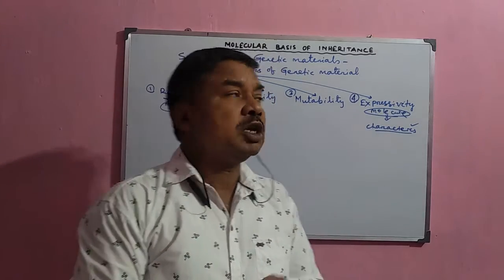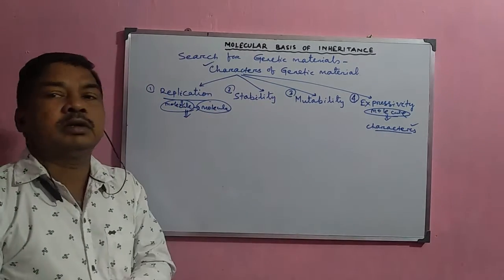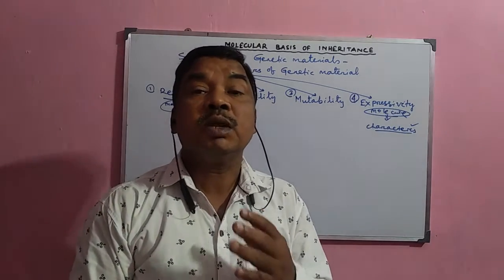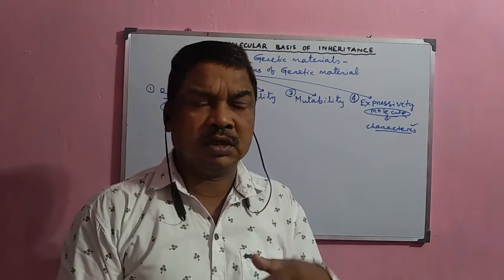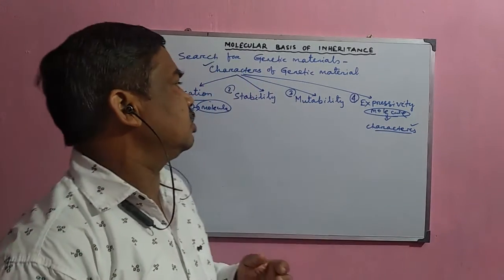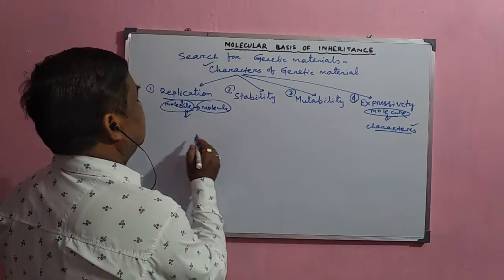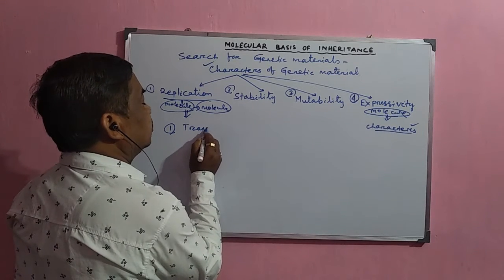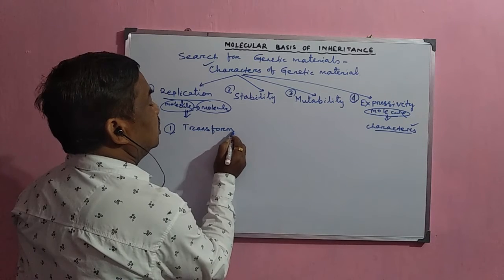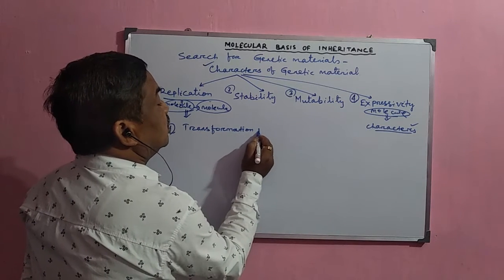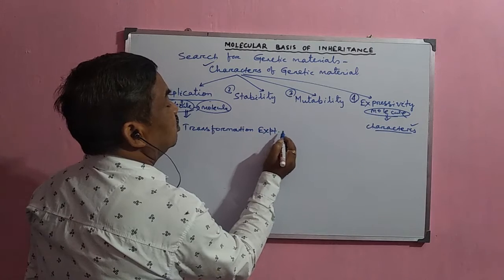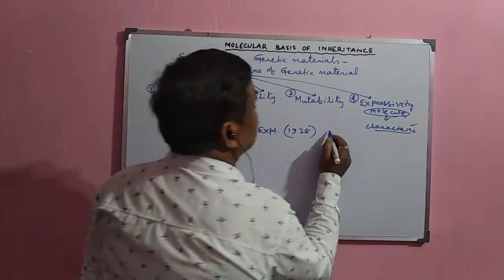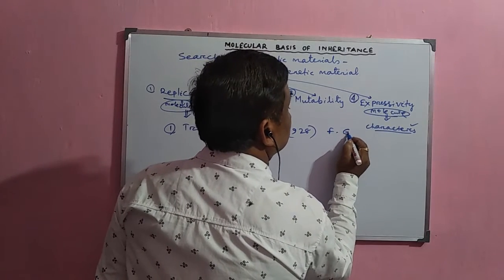So considering these four important characters, many scientists tried to find a particular molecule present inside the body, inside the cell, but the most successful experiment was conducted by Griffith, that is called the transformation experiment. This transformation experiment was conducted by Frederick Griffith, F. Griffith,